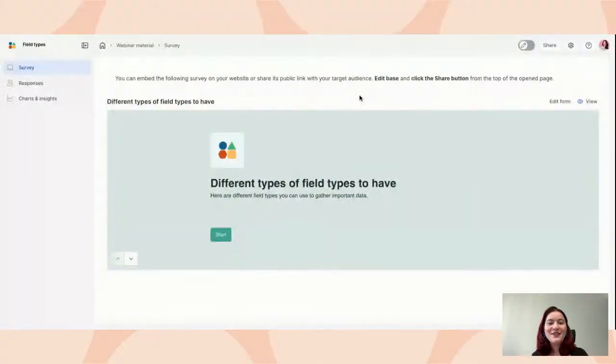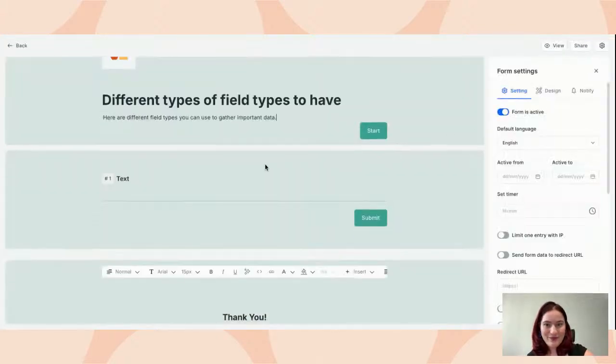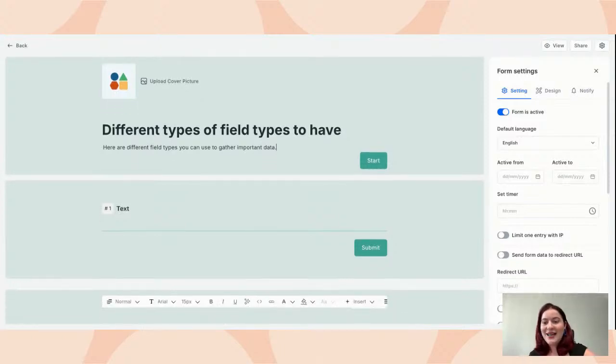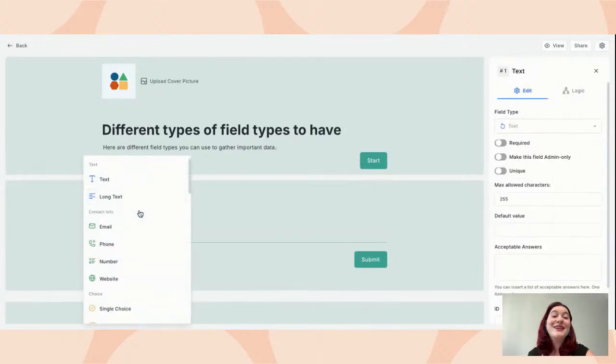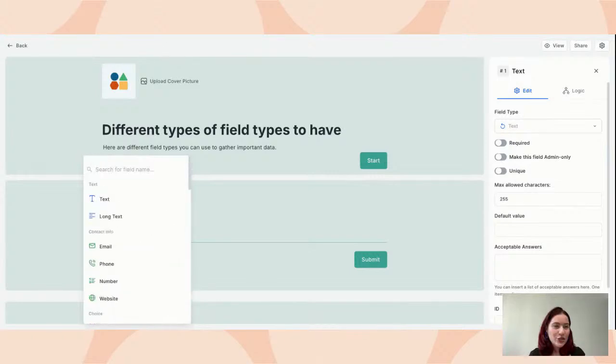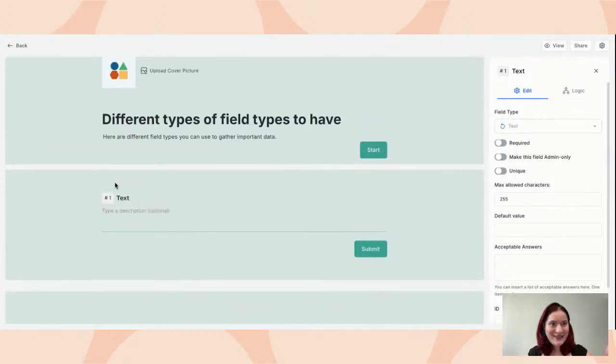Okay, so when we have our dashboard and we have our form in it, let's go to the edit form. This is going to open up the form editor from where you can add fields, remove fields. This is where the data collection starts. So as we remember from the tips, you have to have correct fields to collect the data, right? For that, in Formaloo, we have 33 different types of fields, and I will go through all of them and say what they do, how you can use them, and so on. And to quickly say how to add new fields, you go and click on this plus icon and